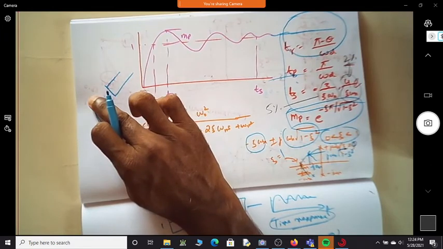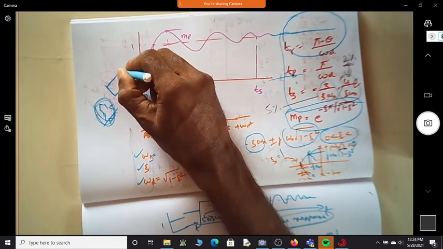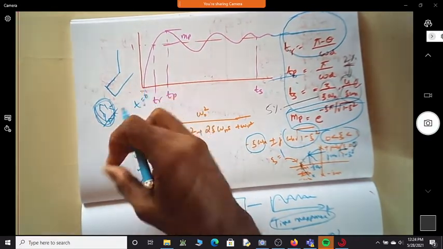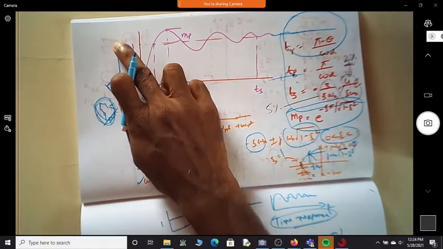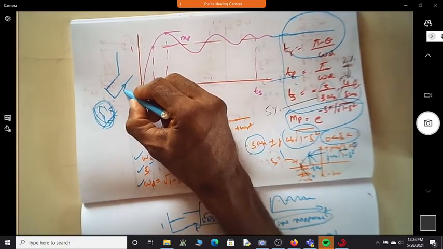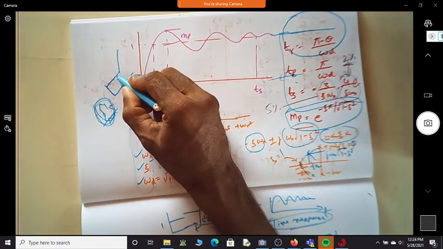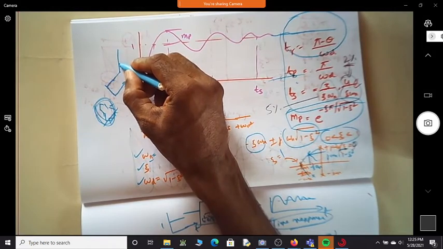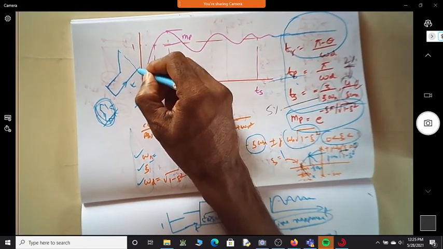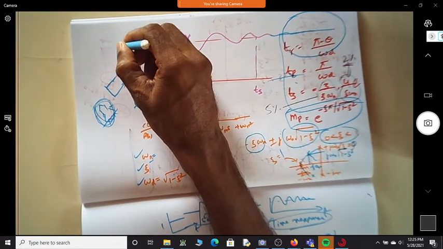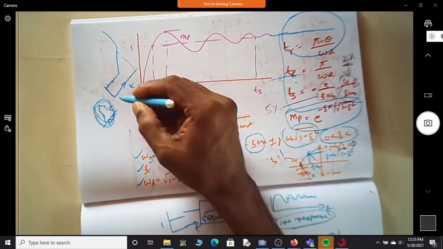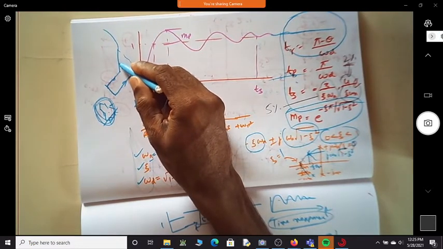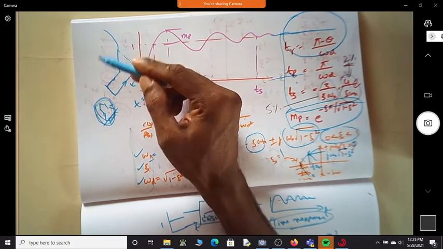Once the error is 0, then I will apply larger amplitude. Can you see now I'm just switching on a few more engines so that it speeds up. You can see now you have ramping up. These are all time responses. For the same system, you first applied a step input, then you are applying a ramp. Once it attains some speed, now you want to accelerate, so you are applying a parabola. So for the same system a step input is being applied, a ramp is being applied, and a parabolic type of input is being applied.